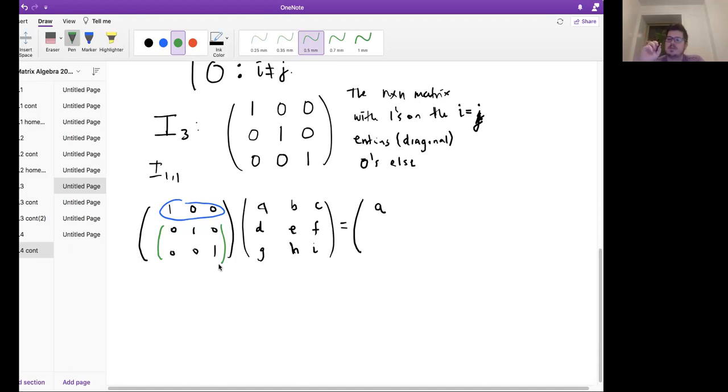Do you see why that's true? The second and third rows could be whatever you want them to be, and the first row would always be the same. So changing the second and third,